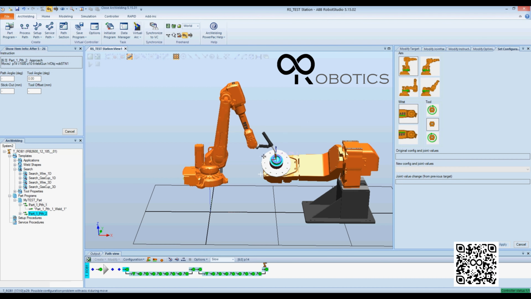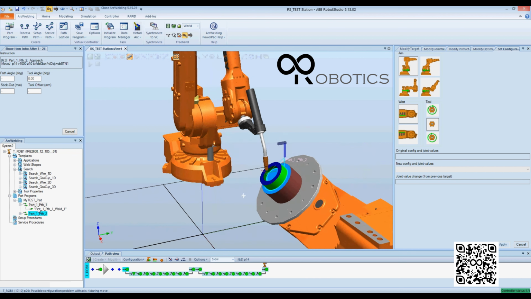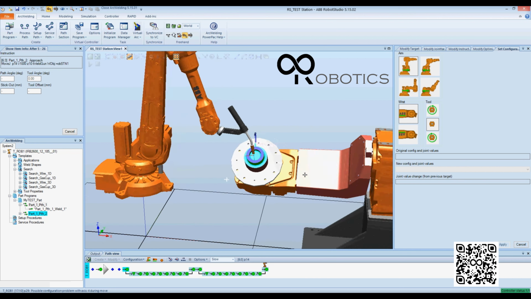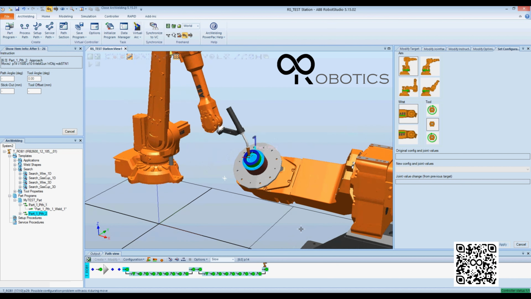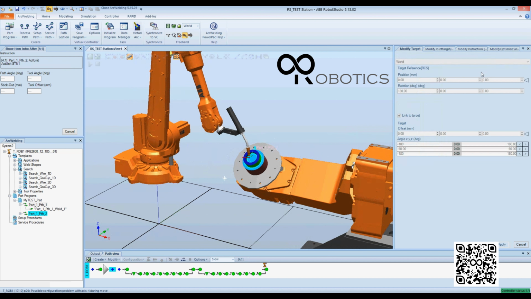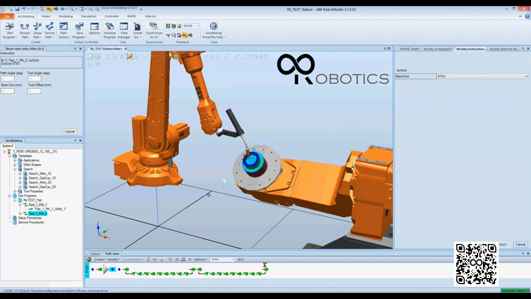So a common mistake when programming, say I was programming this path here, is that when programming using an external axis, people forget to use these act units. So this modify instruction, this act unit station 1. If you forget to do that, we'll show you what happens. So right click here,